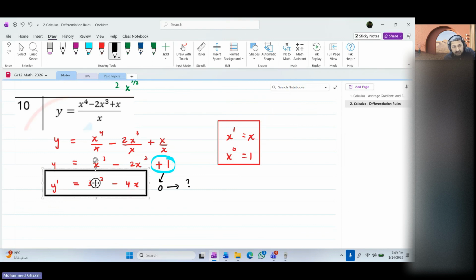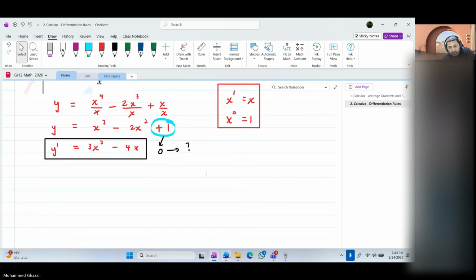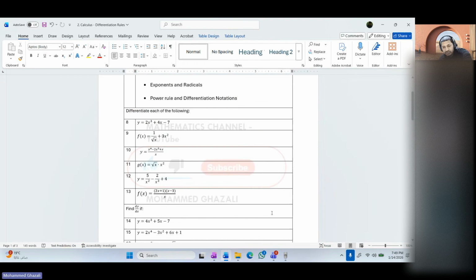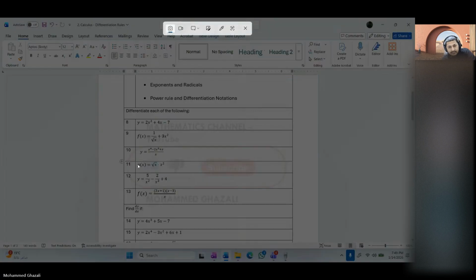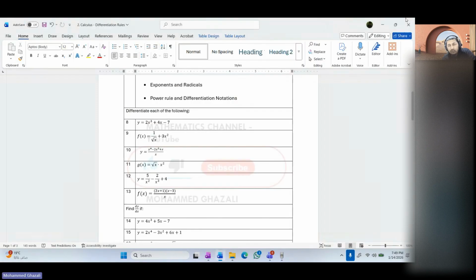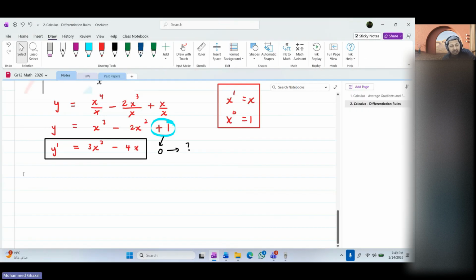Right, that's the answer. True for the derivative of this function here. Next question, question 11. You only have one rule: put it in power form and then differentiate. If you can't put it in power form, then you can't differentiate, okay? So